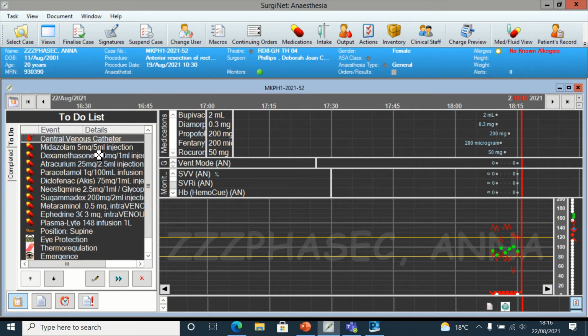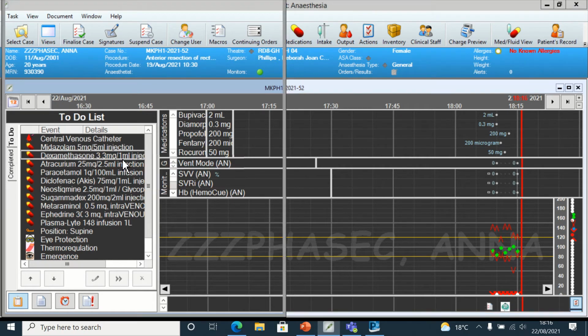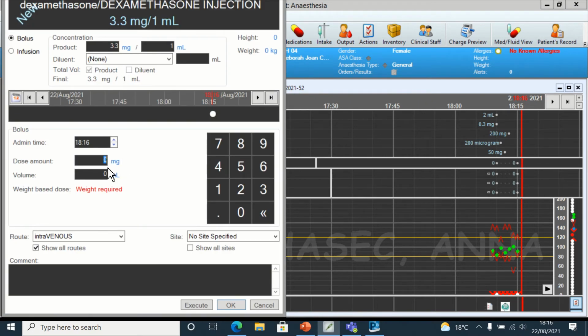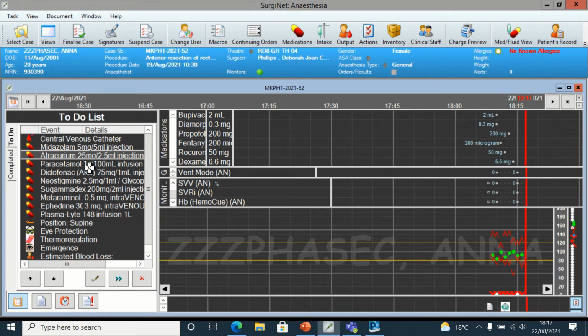Then the other things like dexamethasone and all the things you gave, you can add. Dexamethasone, because it's 3.3 milligrams, I usually go for the volume. It's easy to put the volume you gave. And just choose the time. I gave it just after intubation. And then